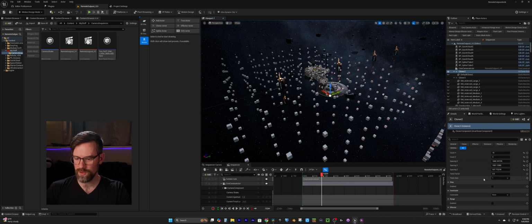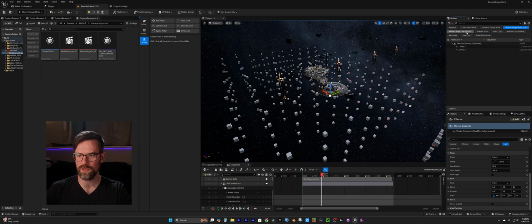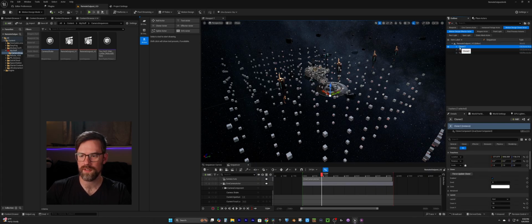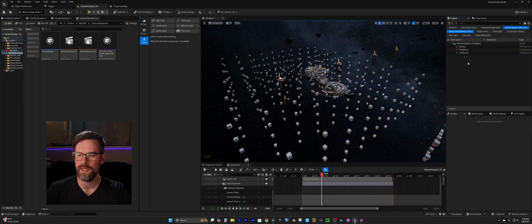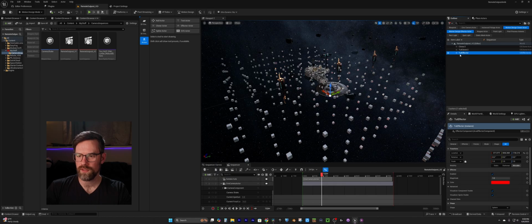So what we're going to do is make an effector, and you can use this handy dandy button here to create a linked effector, or you can go up here and add an effector actor and then go in here manually and tell it to look for the effector. It's just easier to do this most of the time. So we're going to use our little filters to make sure we can see what we're doing. And I'm going to name this toot effector, and I'm going to call this toot cloner, just so I know which one is which. And if I go into the toot effector,